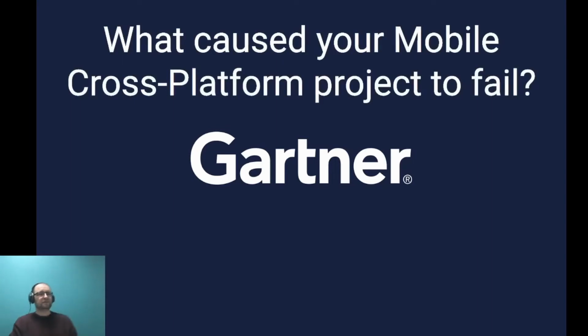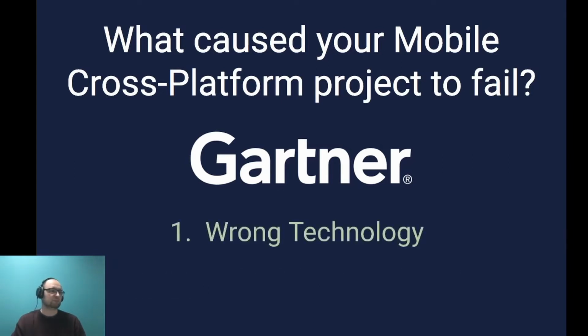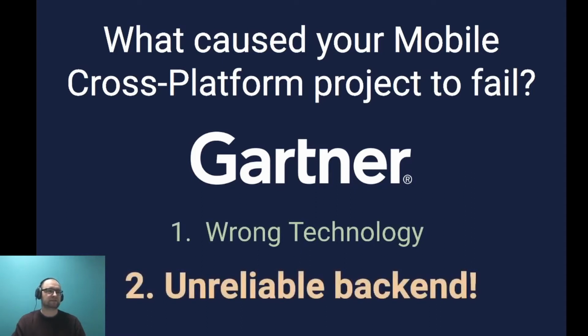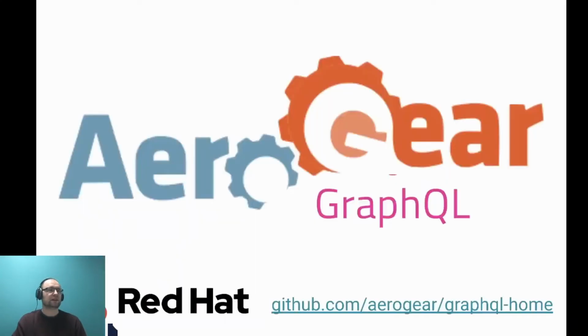And in 2016, Gartner asked the question, what caused your mobile cross-platform project to fail? And one of the answers there was that you had an unreliable backend that caused the issues. And this is what we are trying to do at Red Hat. We're trying to solve the problem with unreliable backends. We're trying to solve the problem for data-driven applications,